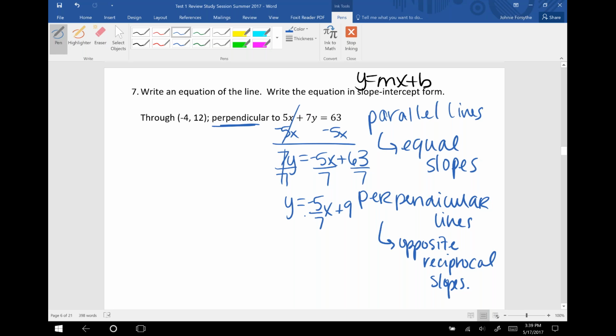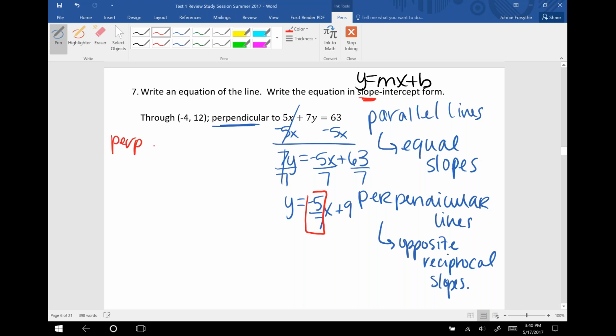So here's the equation written in slope-intercept form, and the reason why we did that is that we need the slope. Okay? So this equation's slope is negative 5 over 7. Now, if we were writing a parallel equation, then the slope we would use would be the exact same slope as the one I have in red. But we want the perpendicular slope. So that means we have to take what we have in red,